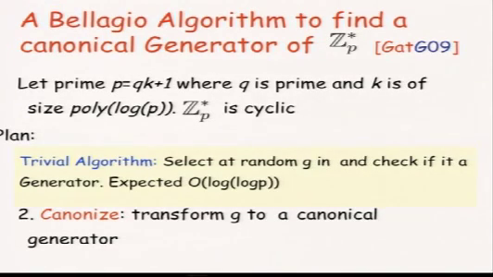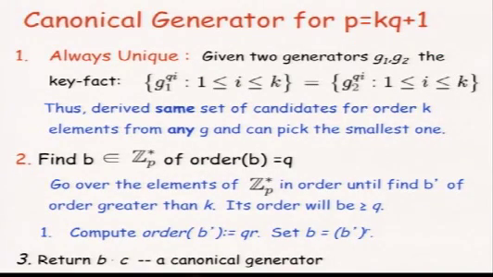So we found one, but it could be a different one each time. By definition, it will be a different one each time, otherwise we wouldn't have found it. We had to choose at random to have a guarantee that we'll actually hit one. So now you need to canonize it, and this is also very simple. The insight here, which is very similar to the insight in Lenstra and Smith's algorithm, is that if you take these two generators that you found, let's say by sampling at random,